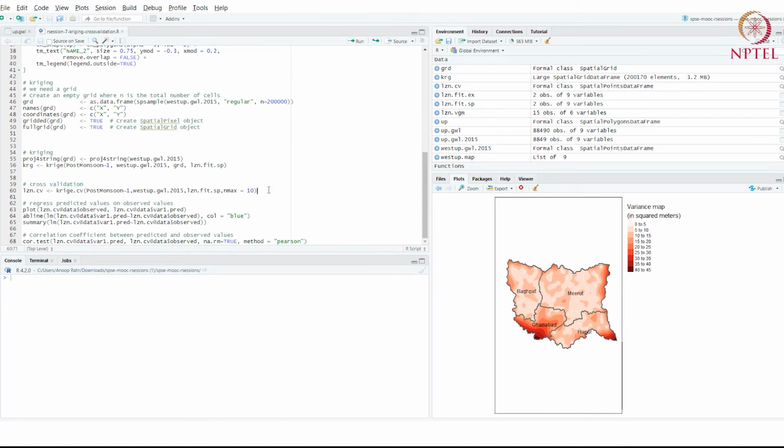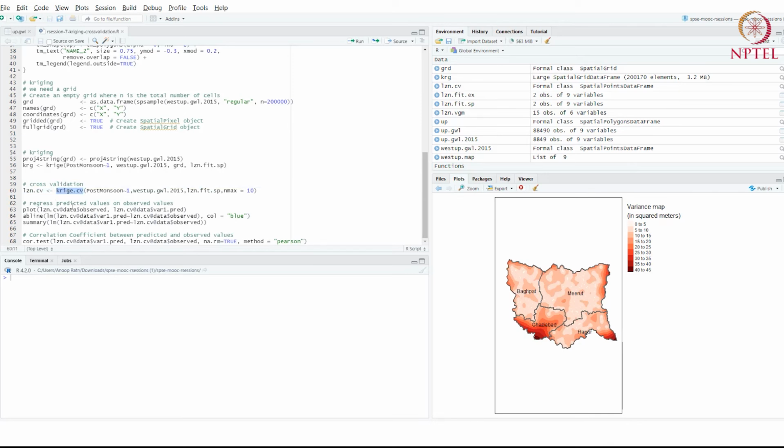code. Now remember, we had computed the sum of squared errors for our fitted model variogram to see how good the fit is. We have one more way after we've done prediction. What we can do is we can do something called cross-validation using a command called krig.cv.